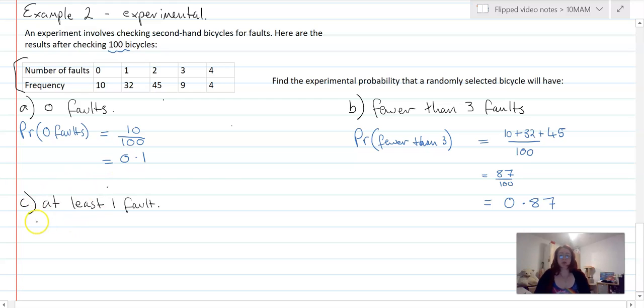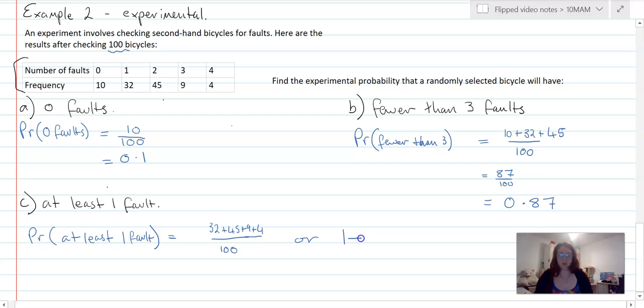And part C, the probability that there is at least 1 fault. So probability of at least 1 fault. Still out of 100, but now because it's at least 1, it basically means that it's 1 or more. So we're looking at this section of the table. Now, we could either write that as 32 plus 45 plus 9 plus 4 over 100,